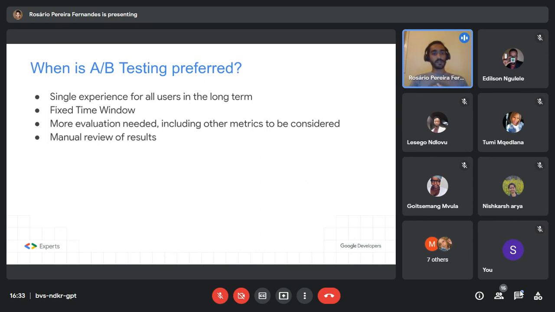Another reason to choose A/B testing is whenever you need more evaluation. If you have other metrics to consider, maybe you're not only relying on analytics. Maybe you need to take into account some other kind of analytics system that you might have. Maybe you want to take into account sales, so maybe you need to contact the sales department first to check. So that's another reason to use A/B testing, because you want to run the test, get the results, but then you also need to check other results from a different platform, from a different system, or something else. While if you're using personalization, then you don't have that option, because once